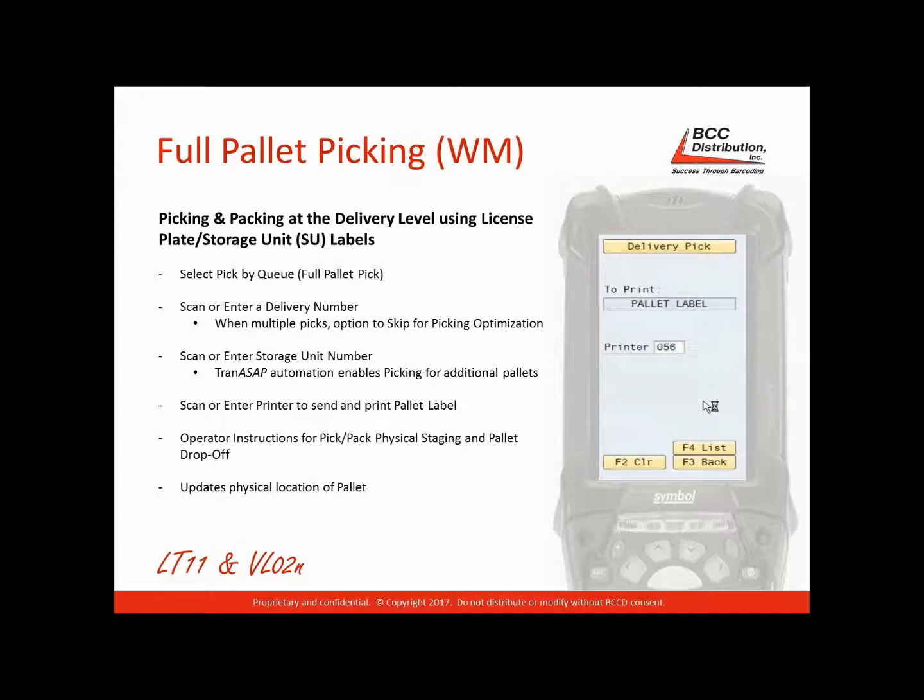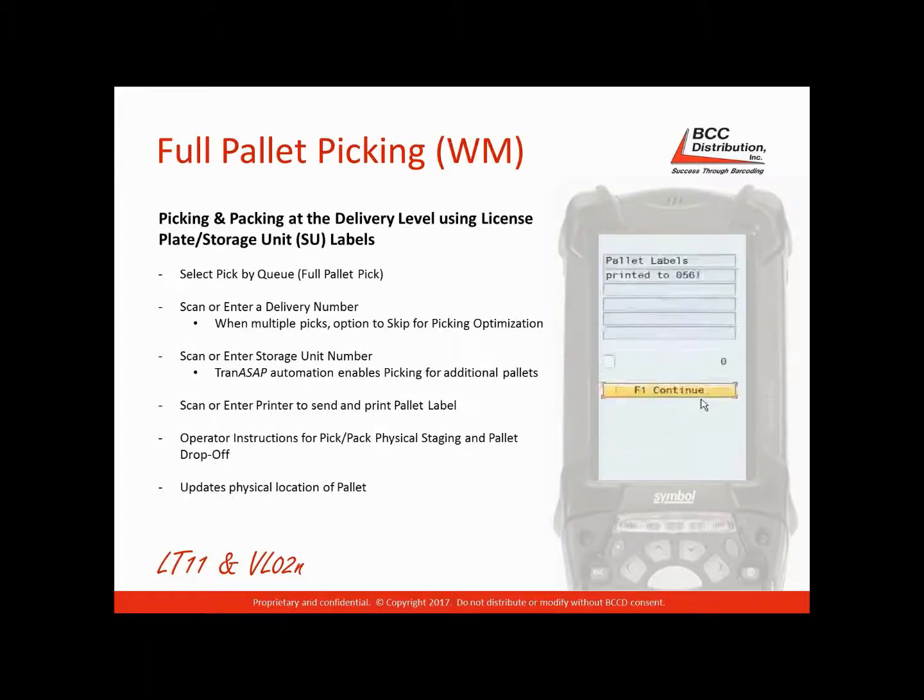And then it automatically gives the user the option to print a pallet label. In this case, it's an SSCC, a serialized shipping container code label. And then as a helpful reminder, it shows them where their labels just got printed. And as Nick was alluding to earlier, we often combine what in SAP would be multiple transaction steps into one flow. So those 2 pallets were picked, and what the user is seeing now on the screen is